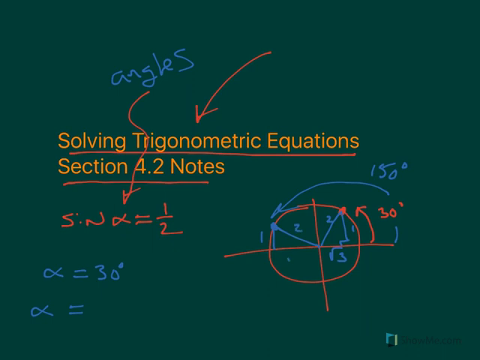a 1:2 negative radical 3, and your sine ratio is also going to be 1:2. So there's a 1:2 sine ratio at 150 degrees. There is a 1:2 sine ratio at 30 degrees. So 150 would be another solution. So both these values for alpha could be plugged back into the original statement to make a true statement, because